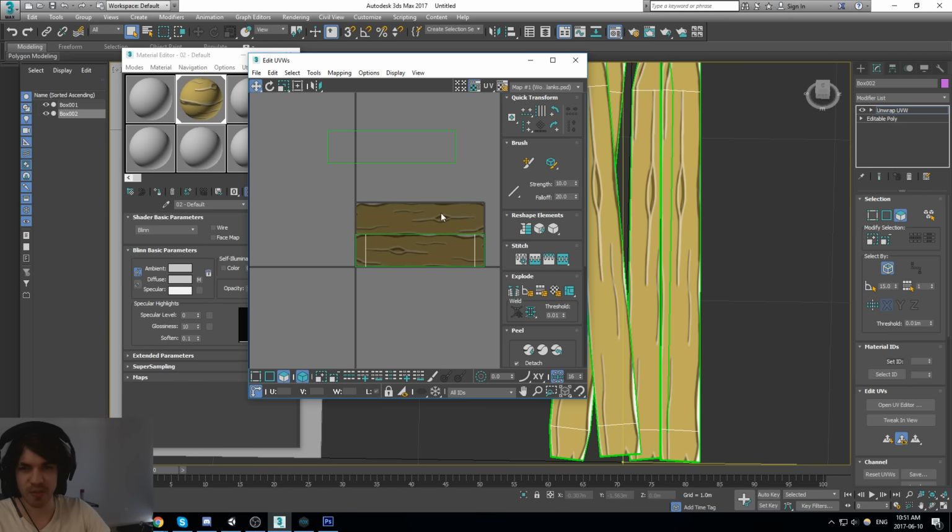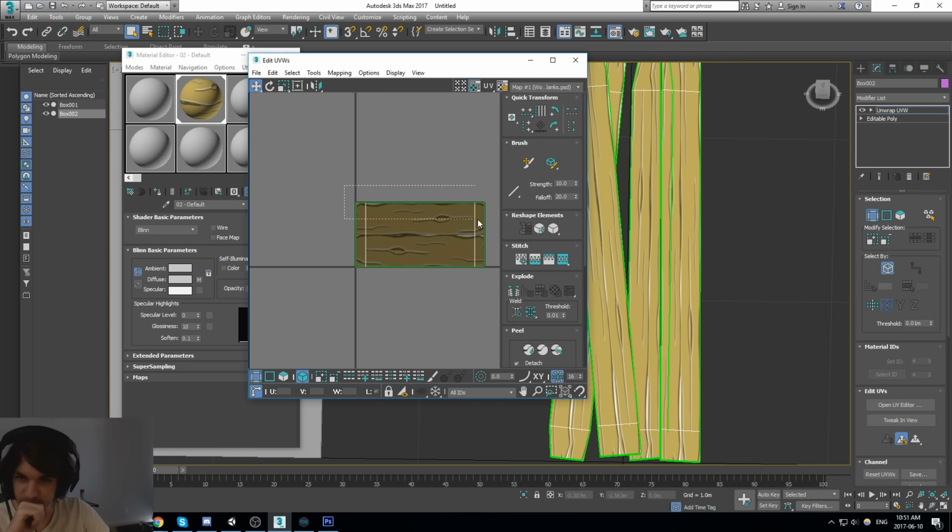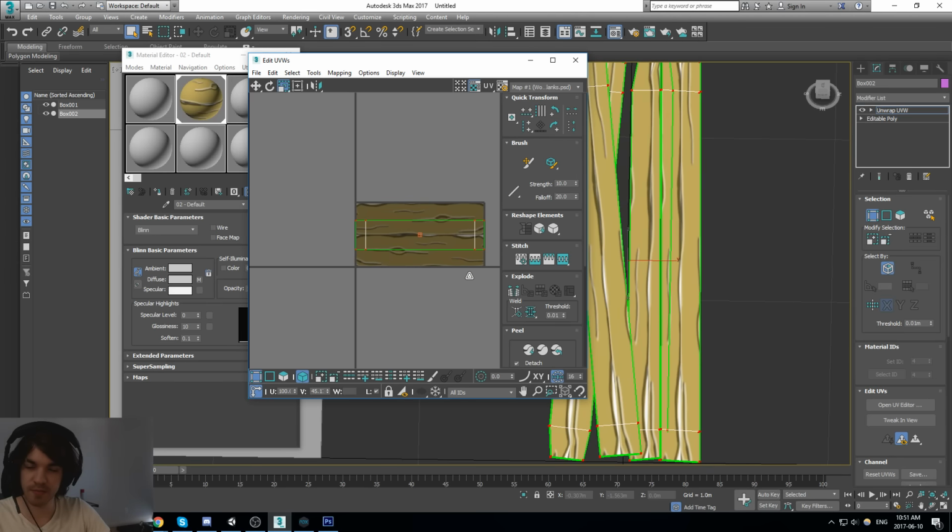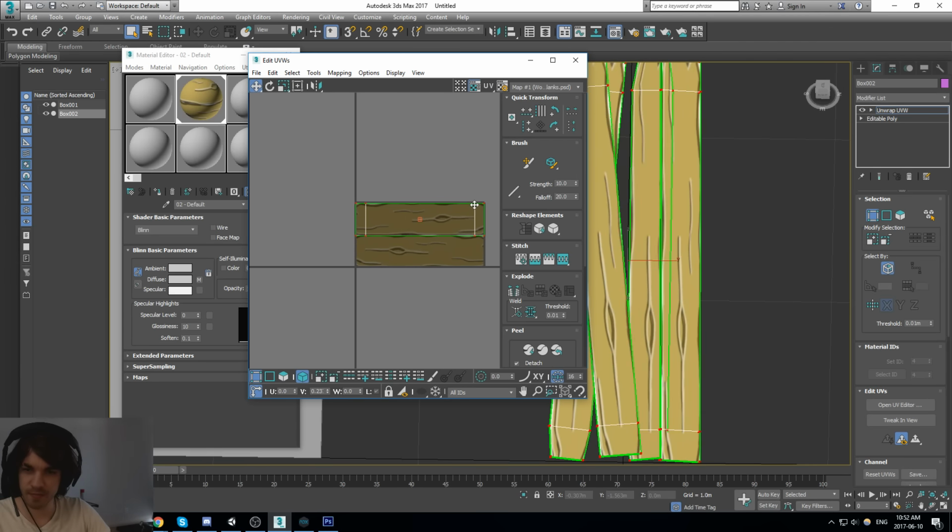I think I'm moving them. I don't know what's going on actually. Yeah, I think I broke my UV. Ah, why is it not working? There we go, so that's one. Select by element, we want to get this off in polygon.